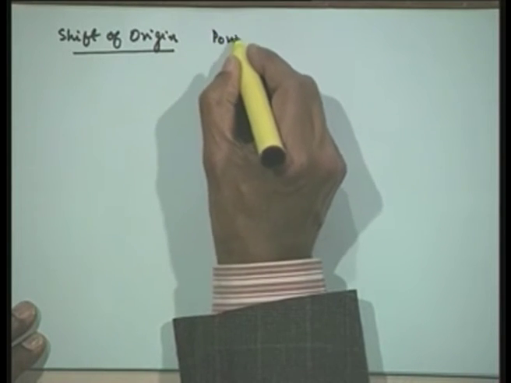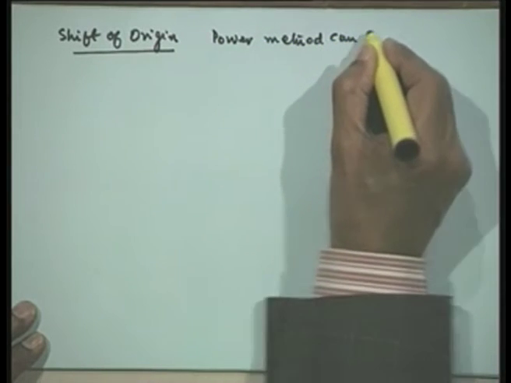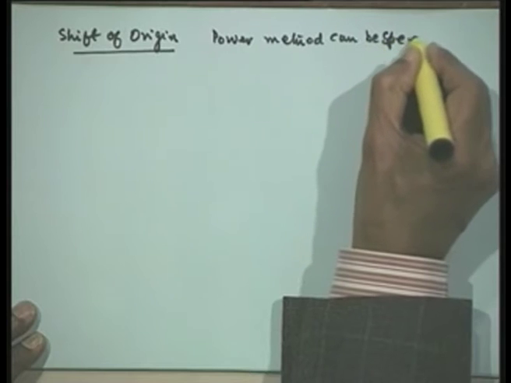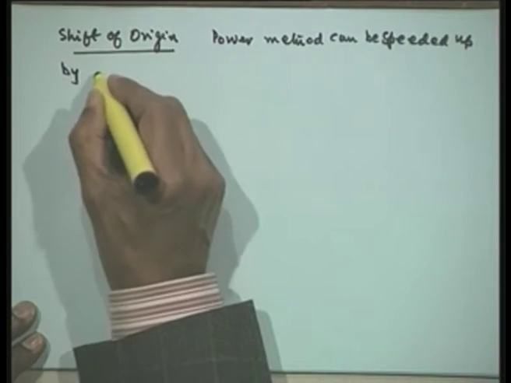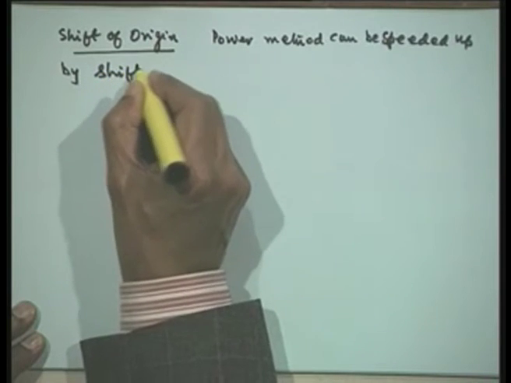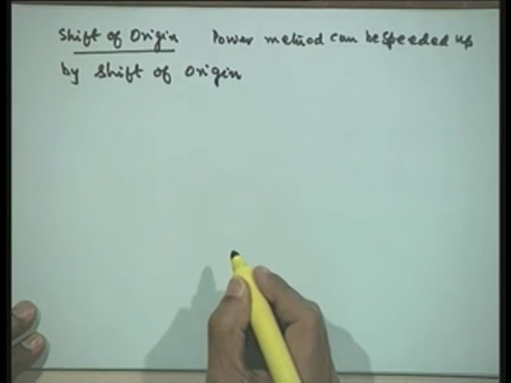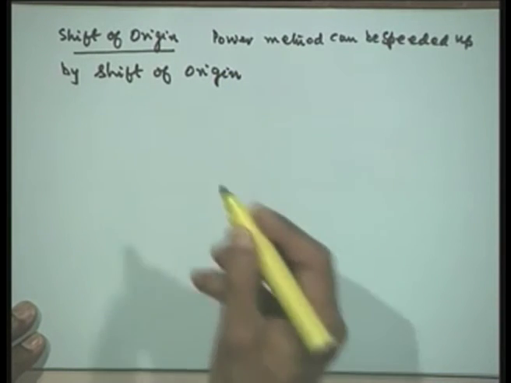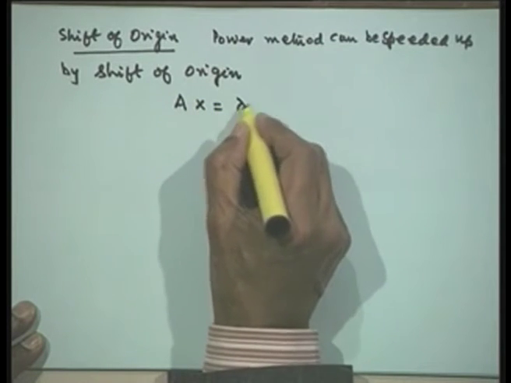We can say that the power method can be speeded up by shift of origin. Now, what we mean by the shift of origin is this. Let us take our eigenvalue problem, A x is equal to lambda x,